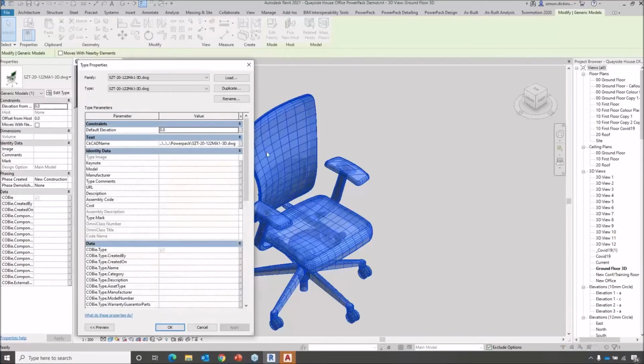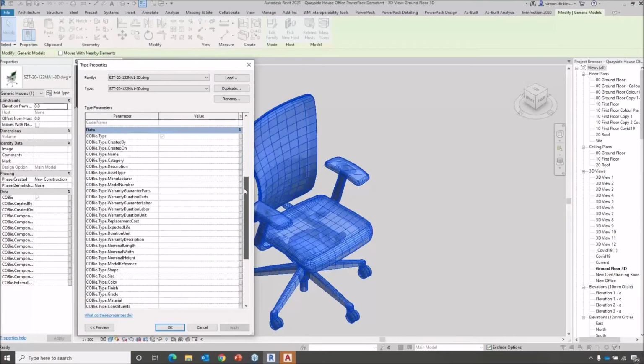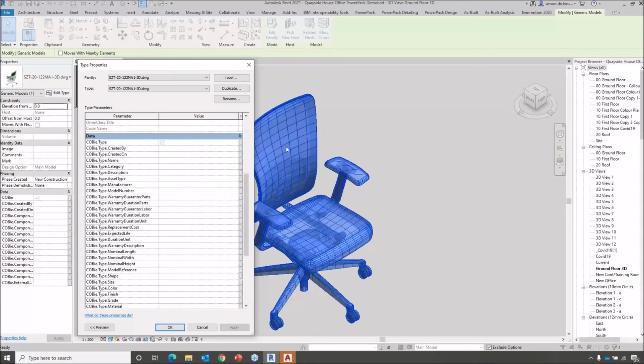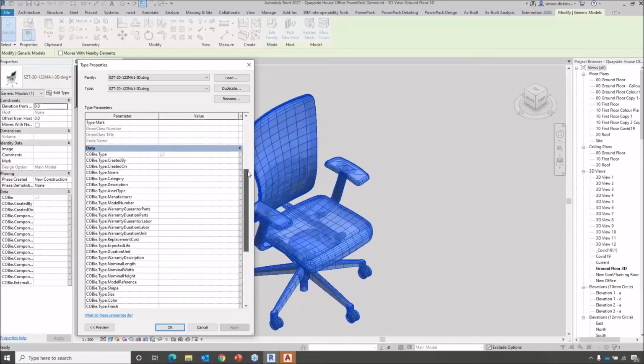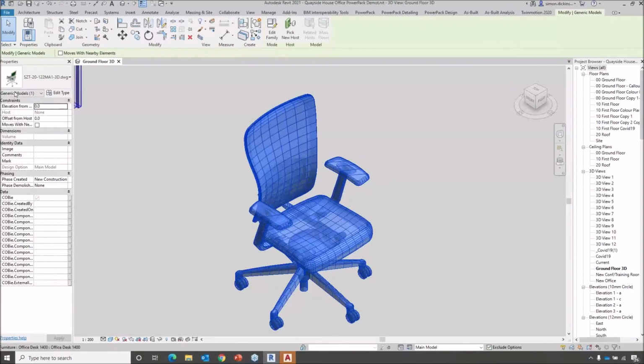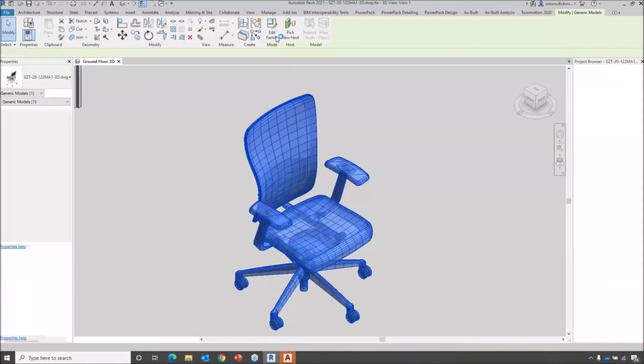If I go to Edit Type, again in here, look, you can see all of the additional parameters that I've got in this particular project, because I've been using the BIM Interoperability Toolkit to set my code up. But we've also got all the information. Now, the one thing that is slightly different to any other family is we have this CK CAD name. The CK CAD name is actually the location of where the DWG is. Now, the first problem with this is obviously it's come in as a generic model, but it's not a massive issue. What I can do is just do Edit Family,